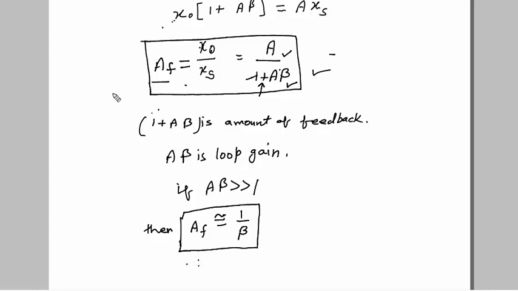So we can see that the gain with feedback entirely depends upon the value of beta, or the feedback network. Usually the feedback network is passive elements, only resistors usually will be used. So AF is predictable and we can design it also. It can be accurate, it can be stable. So this is the feedback concept. In the next class we will study some properties of the negative feedback.